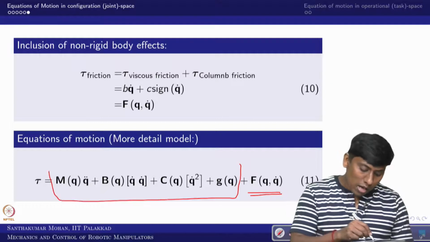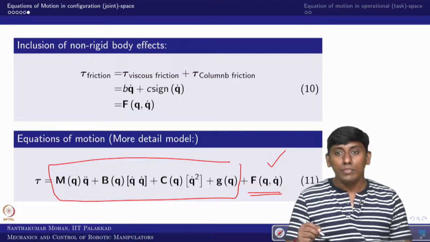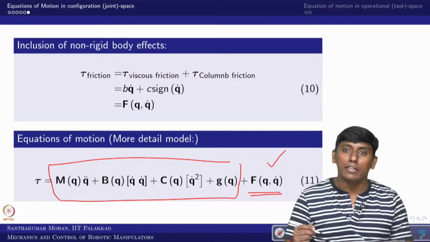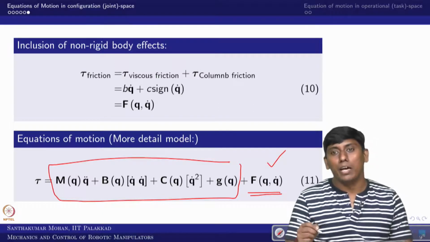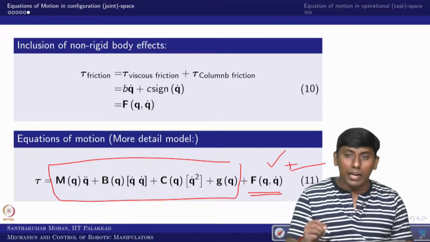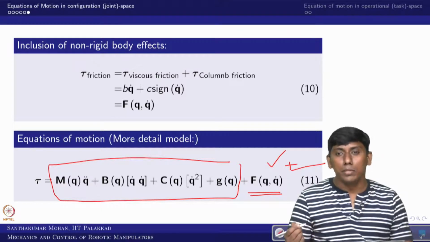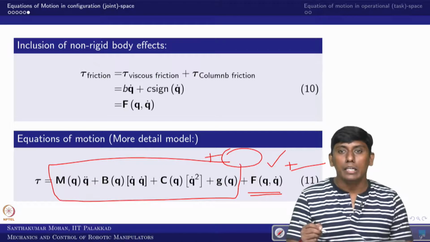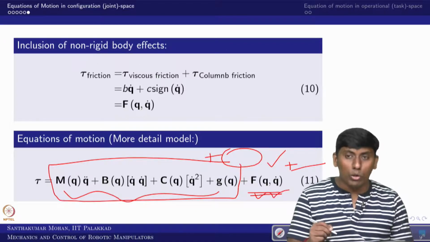Now these are all rigid body effects and this is the non-rigid body effect. If this is moving in space, or in an aerial case, then you can add the non-rigid body effect as an aerodynamic effect. If this manipulator is moving inside submersible water or some other fluid, then you will get a buoyancy force that you can add. But right now it is a ground-based normal serial manipulator. We can assume these are all rigid body effects, and this is the non-rigid body effect.